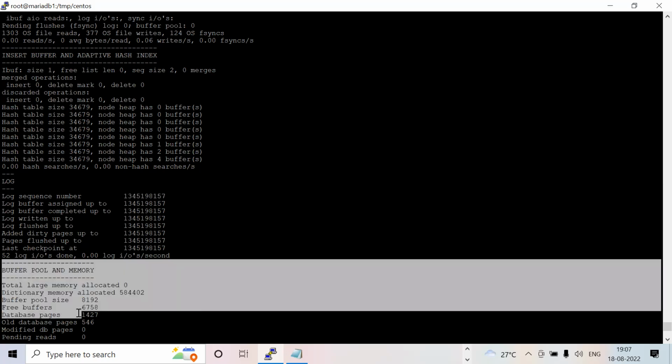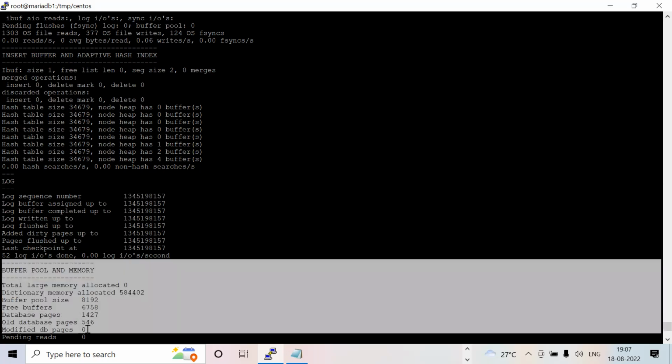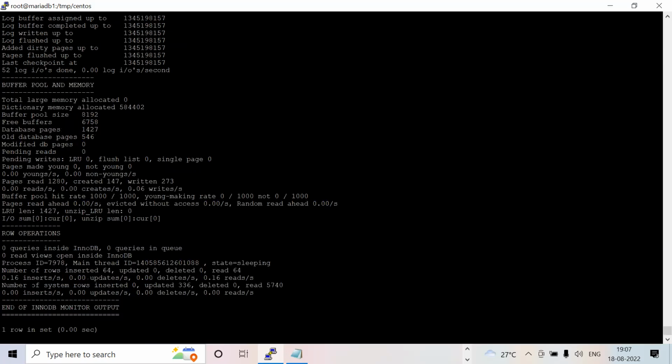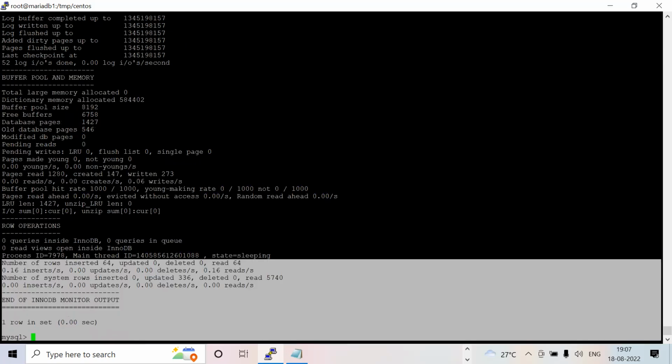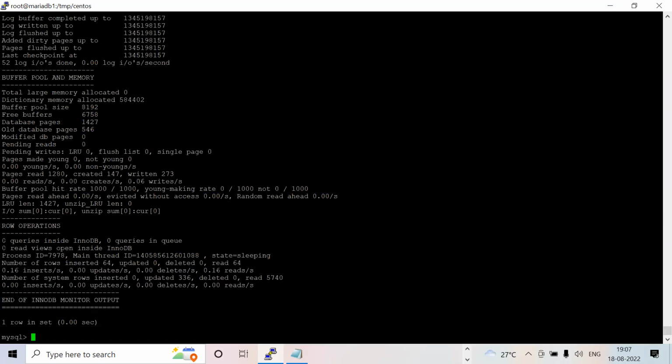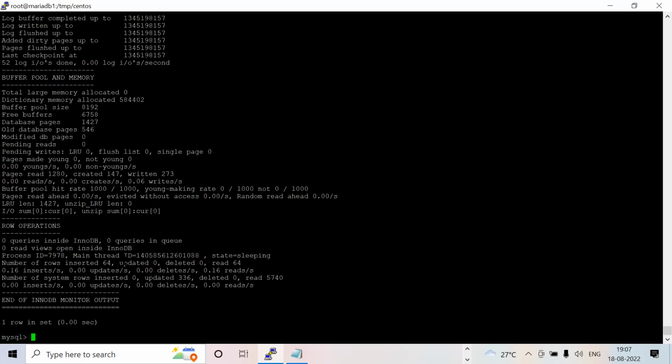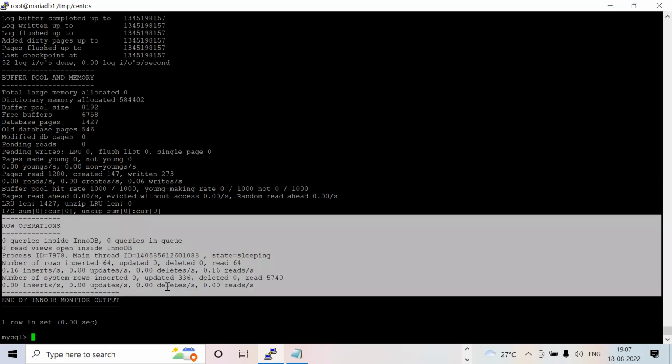Later, the buffer full size and all are default. Leave it. Row operations, nothing required right now. So it is only especially InnoDB, queries inside InnoDB. It works like an InnoDB monitor. If there are any logs, especially InnoDB, with respect to each row, we can get